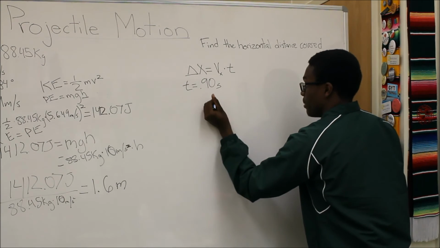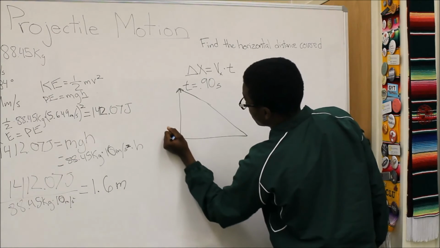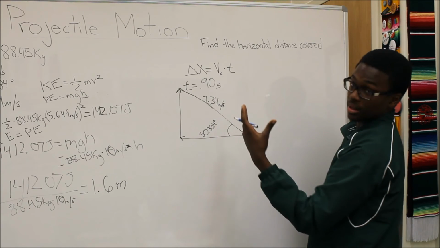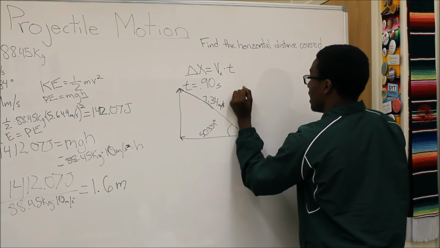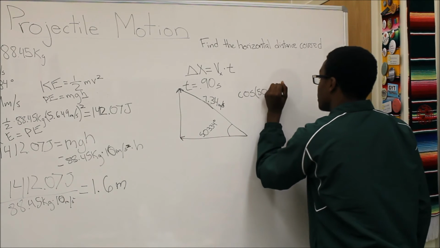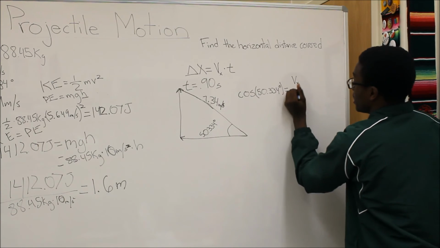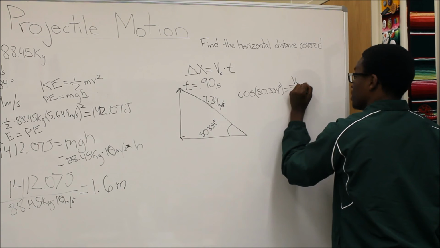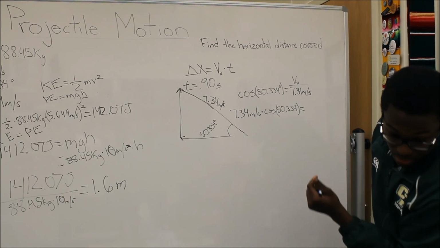Again, like before, we want to use a triangle. And since we know that velocity is a vector, it has both horizontal and vertical components. From this triangle, we can say that the cosine of the angle 50.334 degrees is equal to the horizontal component of velocity over the hypotenuse right here, which is 7.34 meters per second, which comes out to